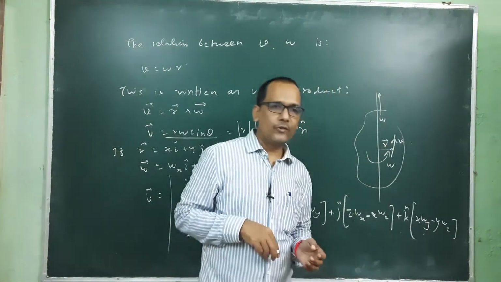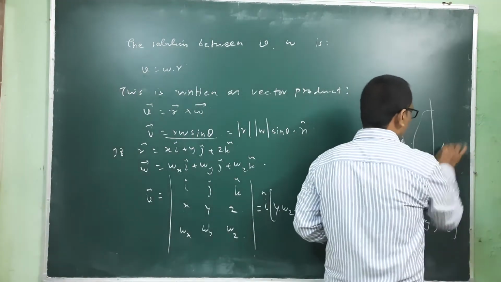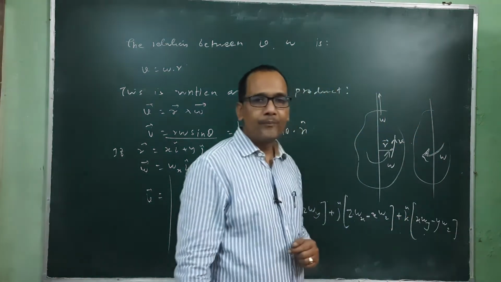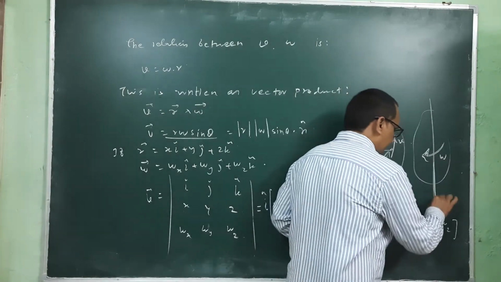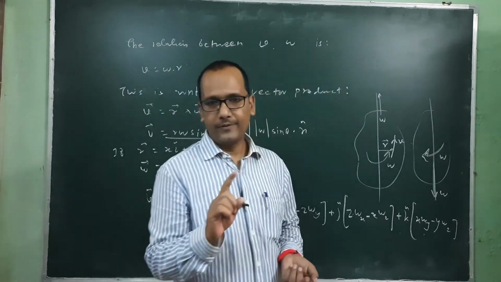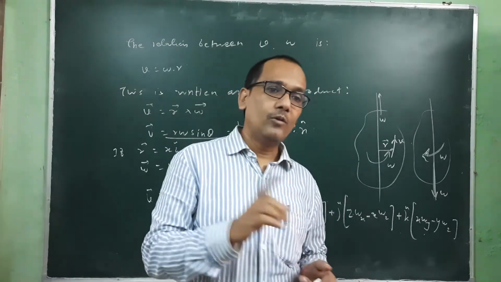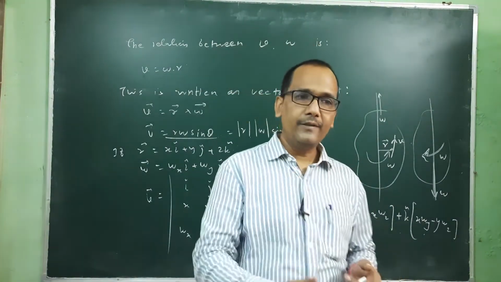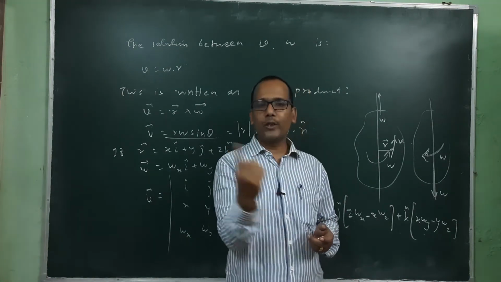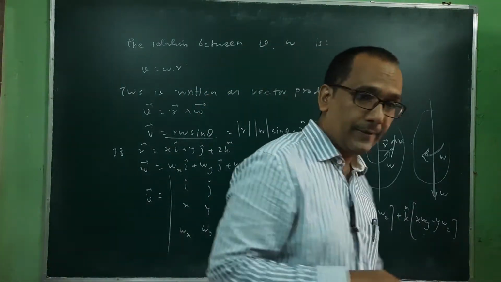So in circular motion we have also used the same. If this body is rotating in the anti-clockwise direction with angular velocity omega, then the direction of omega will be like this, because it is rotating in this direction. Okay, so remember this. First we fix the direction of omega in rotational motion. If it is rotating like this, then the direction will be upward. If it is rotating like this, then the direction of omega will be downward.